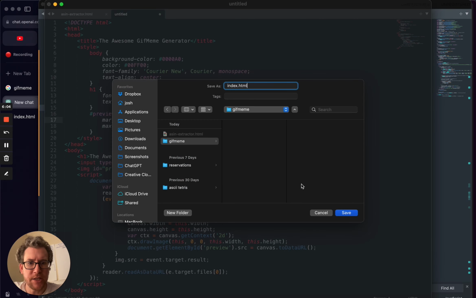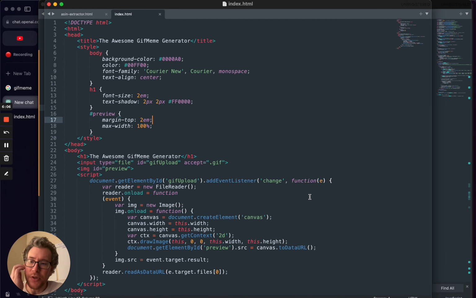Save it as index.html. That way if I put it in with GitHub, which is owned by Microsoft now, but if I put it into GitHub Pages, which is basically free hosting for one-page websites, then it'll work because it's named index. Just in general, index.html is the way to go. It's the standard.